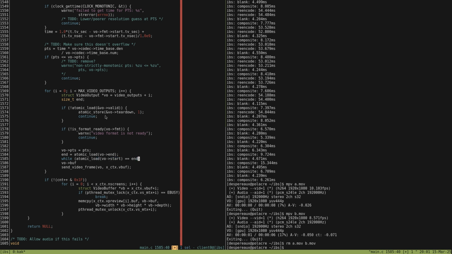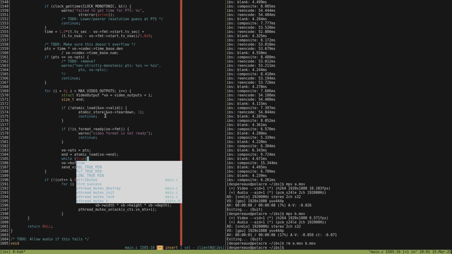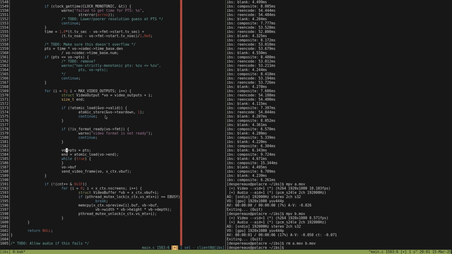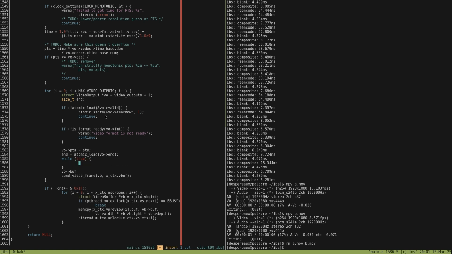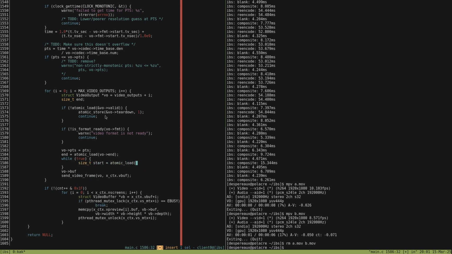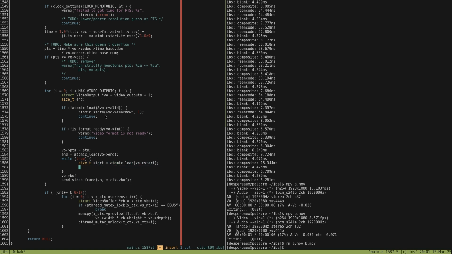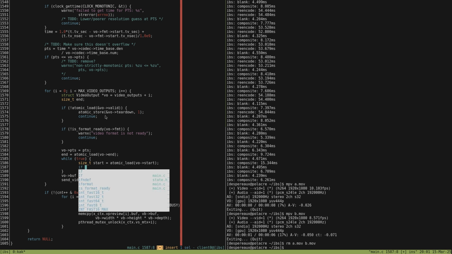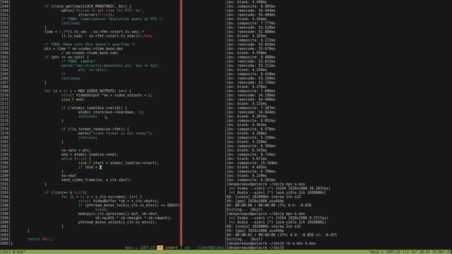But there's two cases. Okay, here's what we're going to do. We're going to do a while true in here. And then we're going to go size_t start equals atomic load VO start, because the background threads can bump up start. If end is less than start,